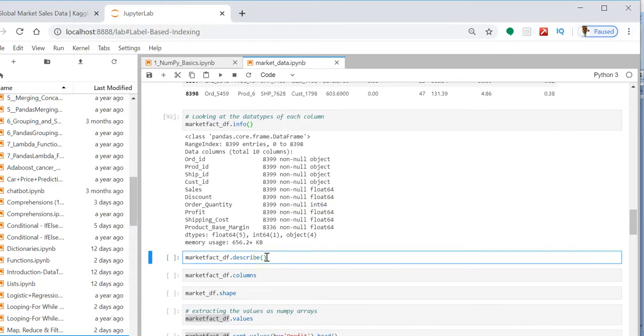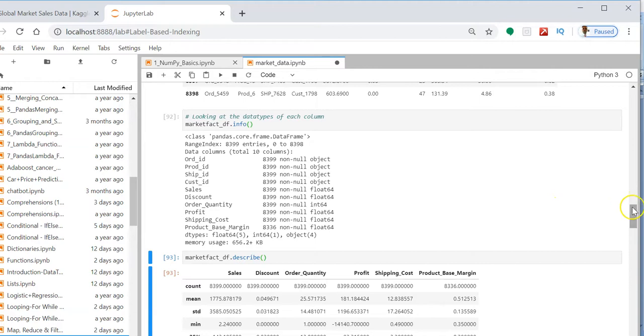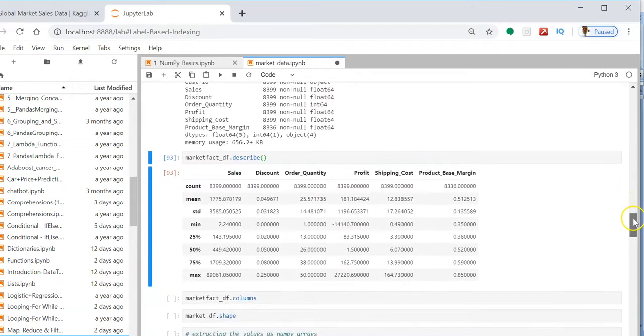With the help of the describe function, you can get some statistics like count, mean, standard deviation, the minimum value, the 25th percentile, 50th percentile, 75th percentile, and the max value. The actual meaning of these we are going to learn during our machine learning session.